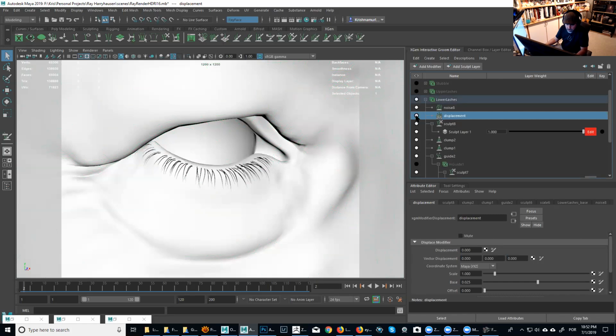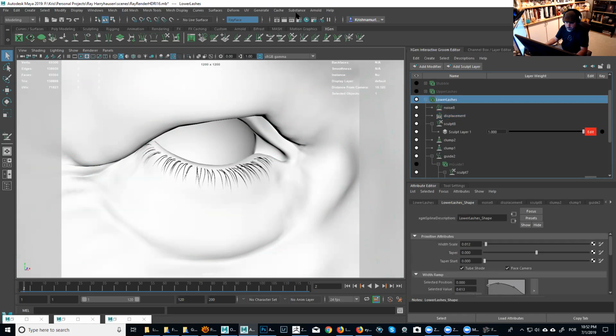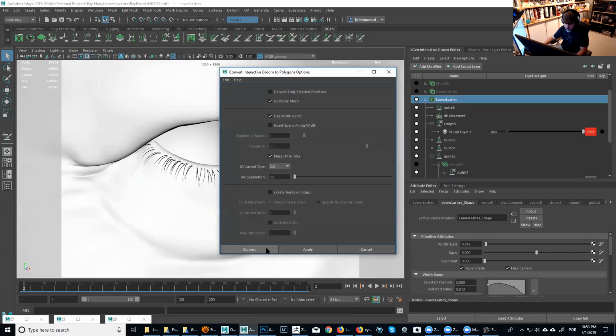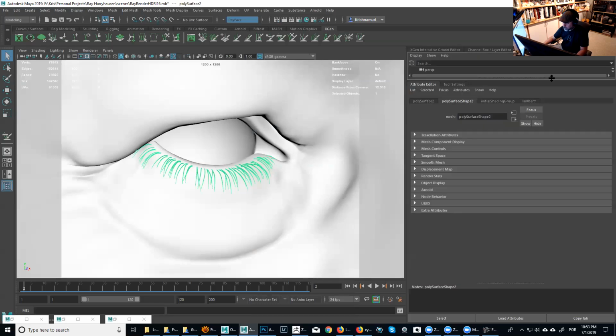I'm going to export one that's going to be the guide for my color. And the other one, since I'm using the displacement here, I'm going to export with the displacement in place so I can sculpt the pimples right at the spot. So let's start with the pimples one first. Let's click this one and just do generate. And where was it? Convert interactive groom to polygons. So this one here is going to be my first one, which I'm going to name,